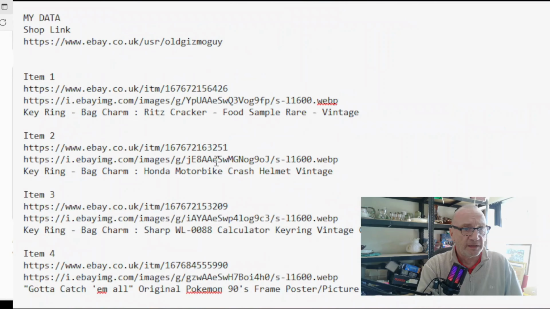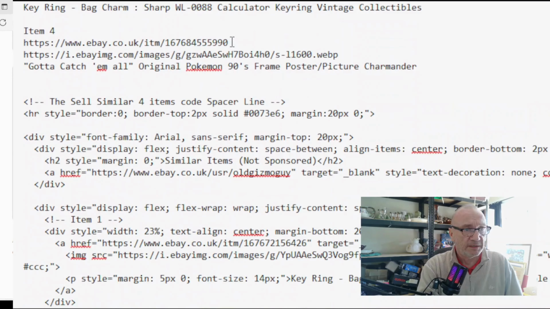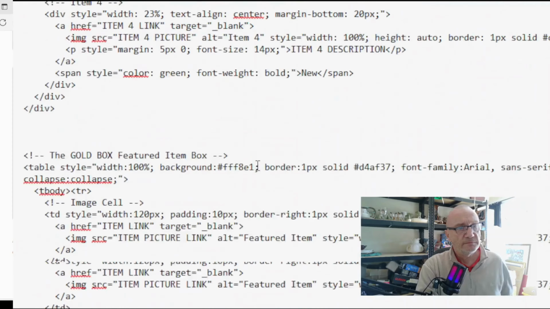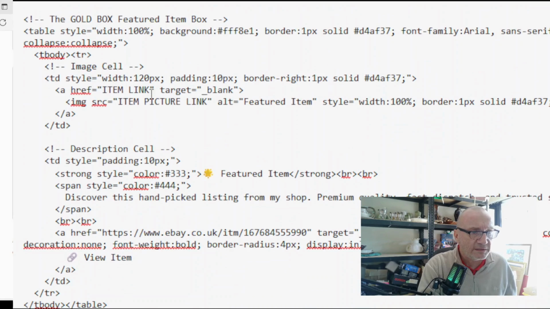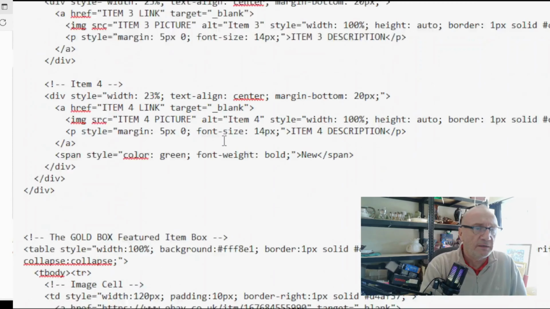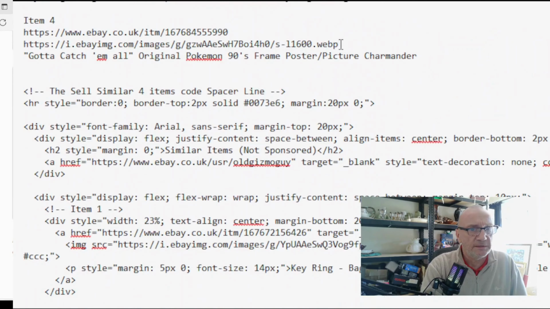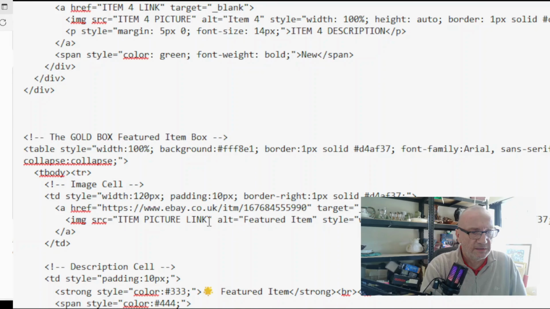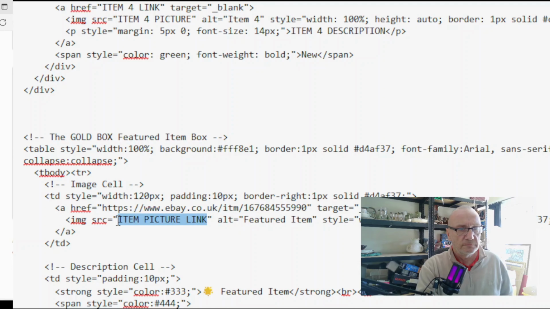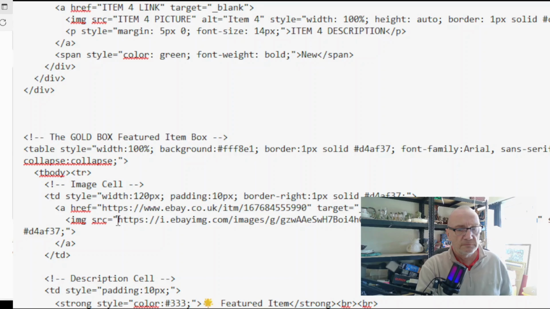So I'm going to go back to the 4 items that I picked. I'm going to pick item 4, so I will copy the item number and put that in where it says item link, like so. I'm going to go back up again. I'm going to copy the picture, and I'm going to put that where it says put the item picture link in, and